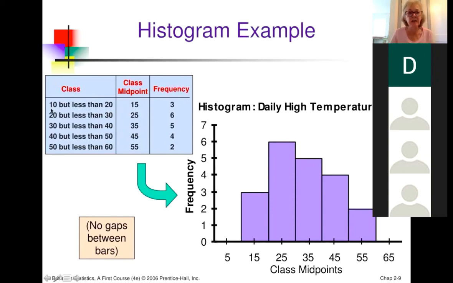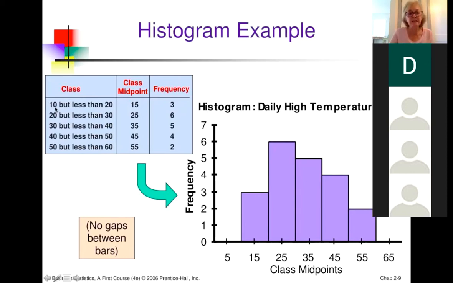We've counted how many days are between 10 and 20, between 20 and 30. And so we've made little categories. And then we've counted how many days in each category. And we've made something that looks like a bar chart, but it's a histogram